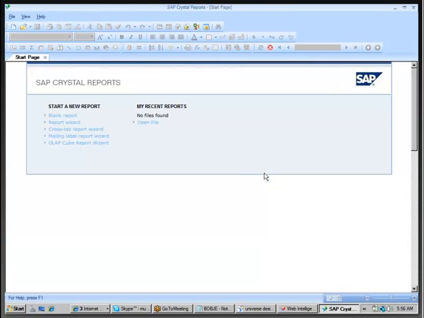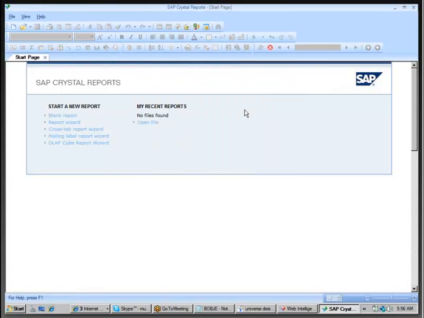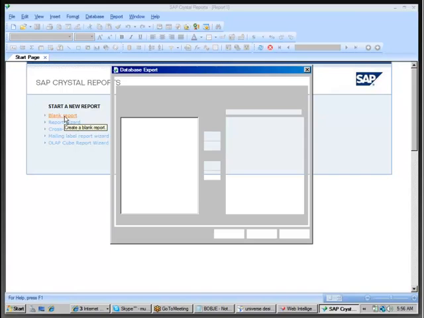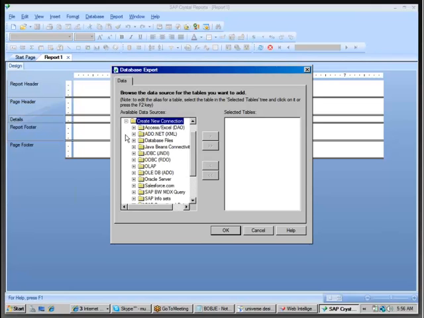If you want to create a new Crystal Report using the Crystal Reports tool, it is mandatory that you have this software on the local system. But customer need not have any software. They can access your reports by using BI Launchpad. But for our case, we need to open a Crystal Report. Click on blank report. When you click on blank report, it will display the connection names. Just expand, create new connection. Now I am trying to create a Crystal Report on top of my Universe. If you want to create a Crystal Report on top of Universe,